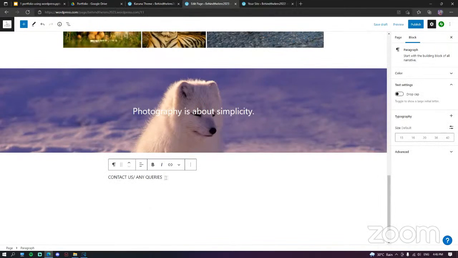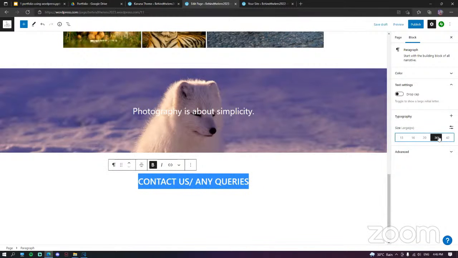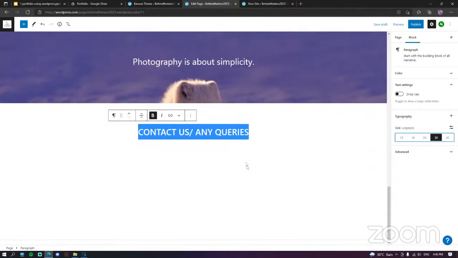Alright, now as we can see it's not aligned. To align it, we're going to click on this thing here, 3 lines, and align text center. Let's make it bold. Select bold, change the size to maybe 42 or maybe 36. Alright,